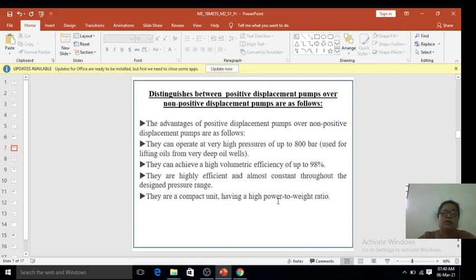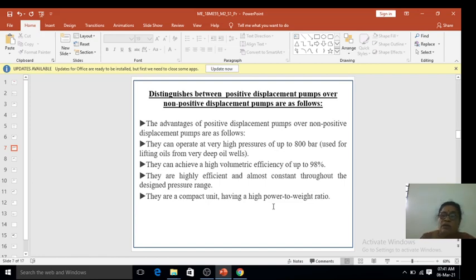Some of the comparisons or distinctions between the positive and non-positive displacement pumps I would like to highlight here. That is, positive displacement pumps, over non-positive displacement pumps, can operate at very high pressures, up to say 800 bars. That is for lifting oil from very deep oil wells, or in the case of water, from bore wells,